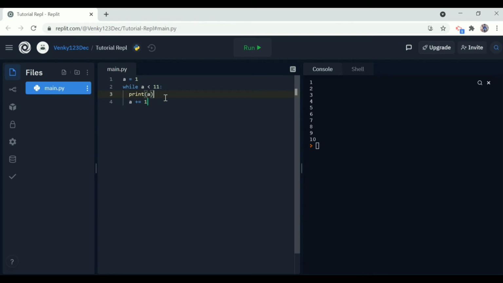Another great example for using the while loop is to print the multiplication table of any number. For now, let's print the table of 5. So first let me define a variable a equal to 5, and let's declare another variable b equal to 1.